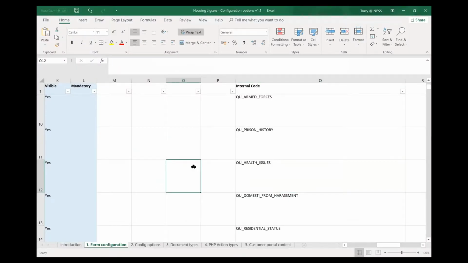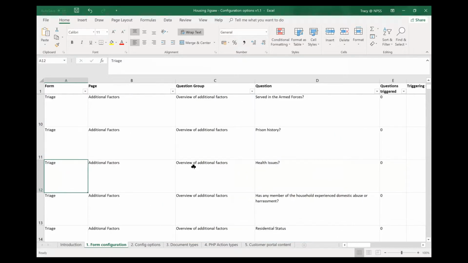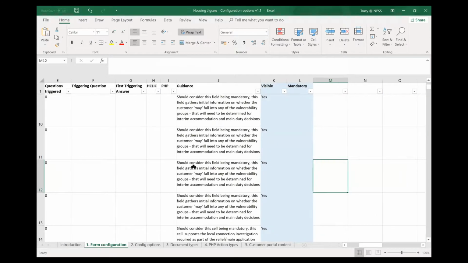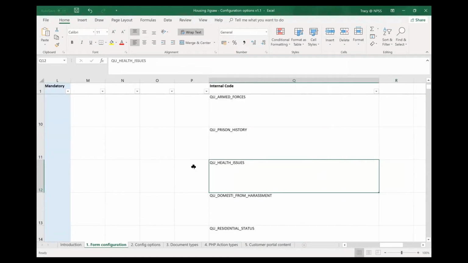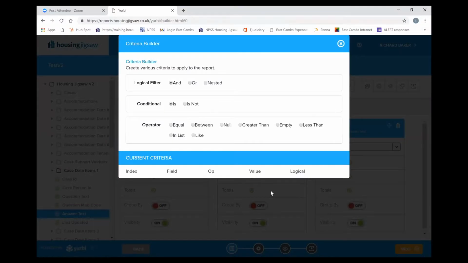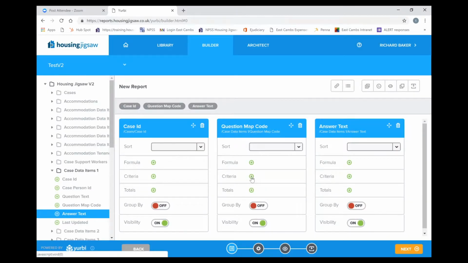So within the spreadsheet, I've looked for the question. So is there any health issues? If I scroll over to column Q, that's the corresponding code. So click copy. And then if I go back into Yerby, and just show you. So the criteria that we're putting against that question,